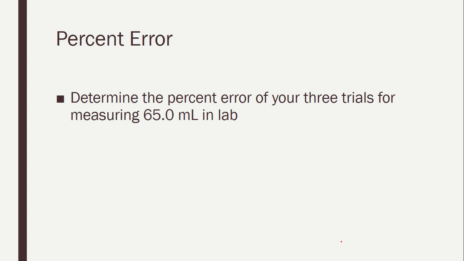So another example we did of this was when we did the lab where we were taking Erlenmeyers and trying to determine how they weren't accurate when you add them with water. We were shooting for 65 milliliters each time in that lab. So the actual would be 65, and I asked you to calculate the percent error. So if you got in your lab that when you combined what you thought was 65 milliliters through an Erlenmeyer flask to be something like 58 milliliters, then that is the experimental. So you do 65 minus 58,